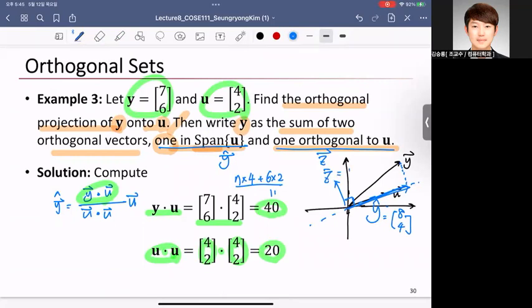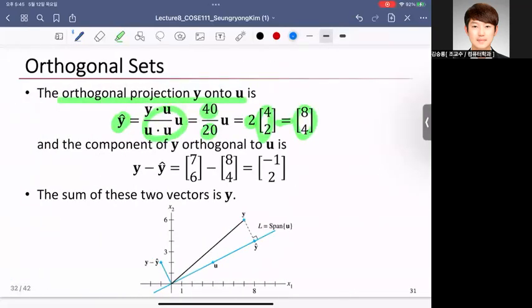If we just calculate, y minus y hat is 7, 6 minus 8, 4, which is equal to negative 1, 2. So this one, y minus y hat, is equal to z, and y hat here, u is here,